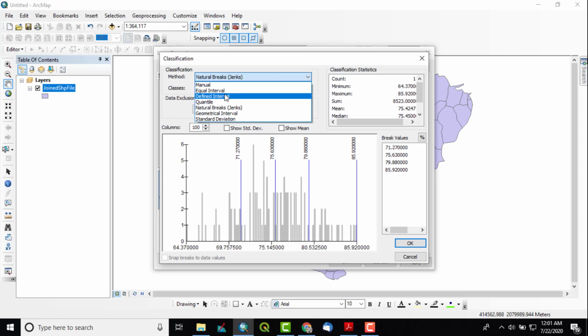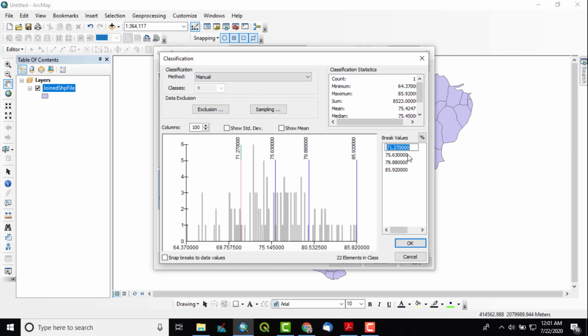I will not take natural breaks, I will take manual or equal interval, any one you can take. The first class I want below 70%. Next, suppose I want 75, 80, and more than 80. The last value will not change.